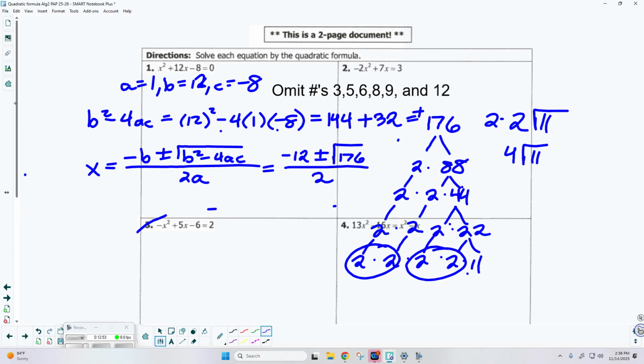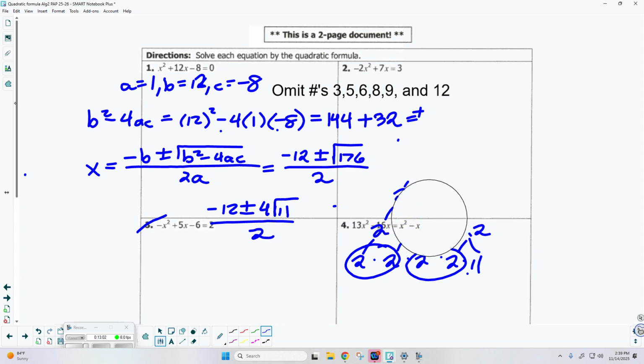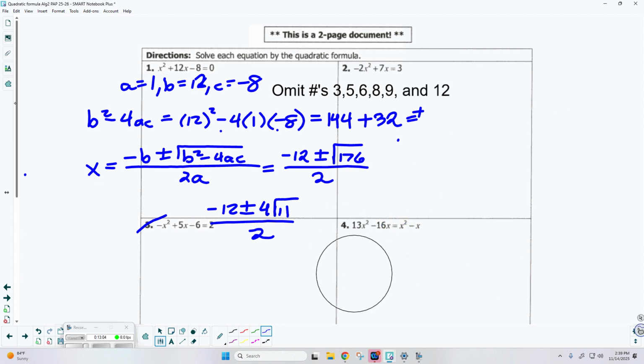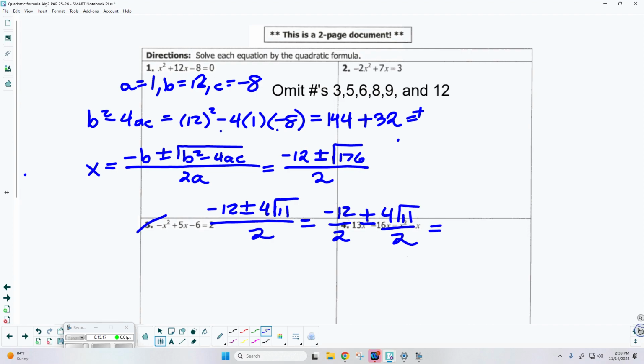So that's going to be a negative 12 plus or minus, we now have 4 square root of 11 over 2. Let me go ahead and get this out of the way. All right. And the last step is just to separate it so that we can simplify. So this is going to be a negative 12 over 2 plus or minus 4 root 11 over 2. So what am I looking at for my final answer? Negative 6